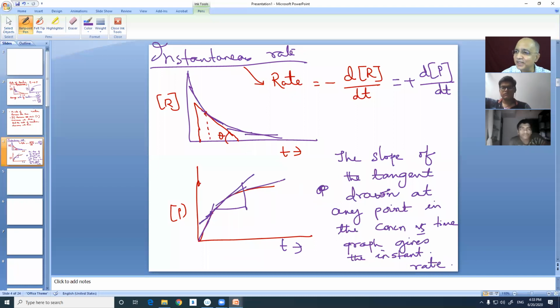Right? You understood what I wanted to say? So the product concentration is increasing, the reactant concentration is decreasing, but the rate of reaction is decreasing because the magnitudes of the slopes are decreasing. And remember that whenever you are expressing the differential expression of rate with respect to reactant, put a minus sign, because the slope is itself negative. So put a minus sign.